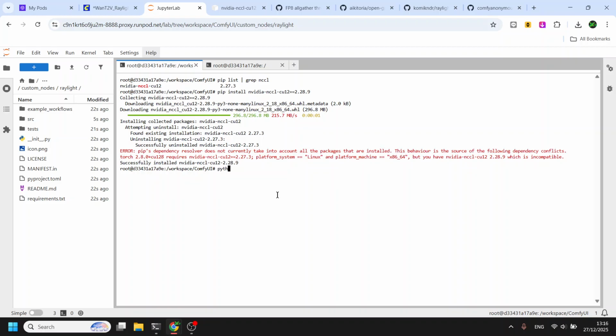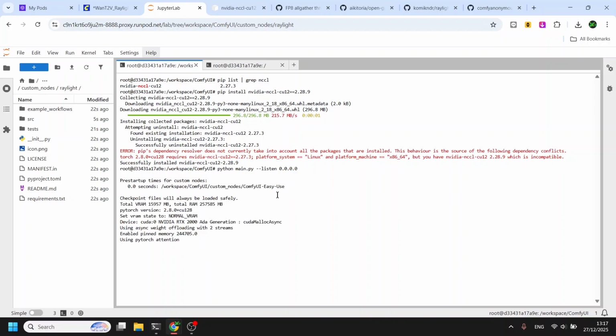Also, if you are planning to upgrade your ComfyUI on a weekly basis, you have to reinstall the NCCL again. We run ComfyUI again on the new NCCL.